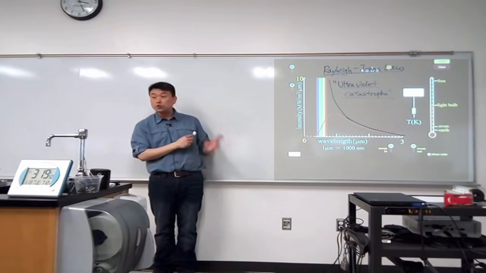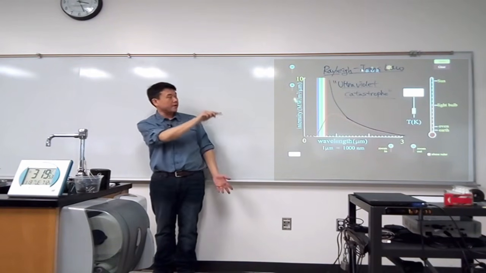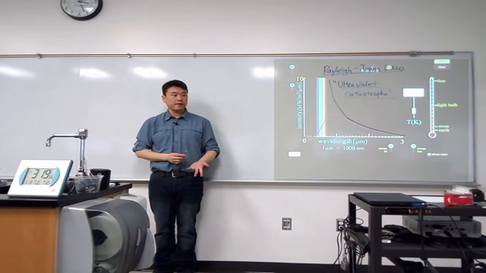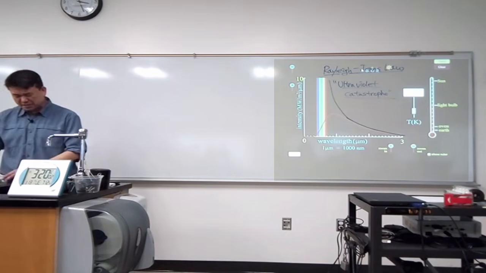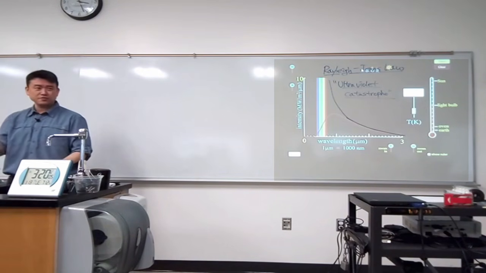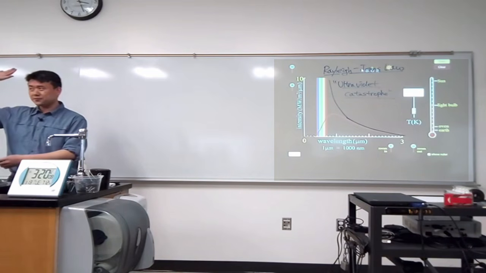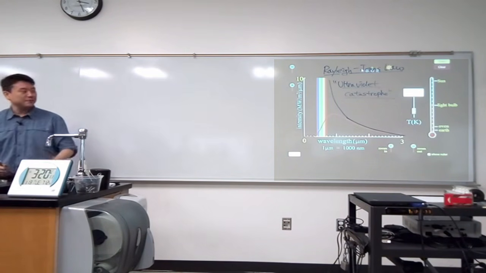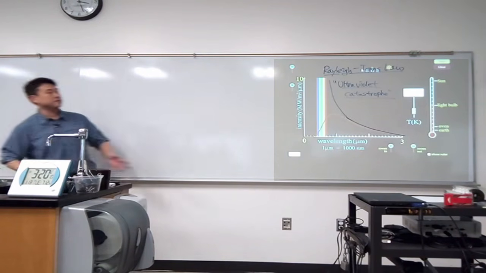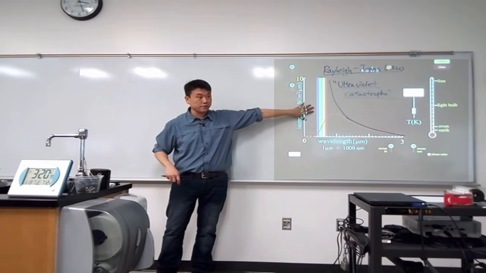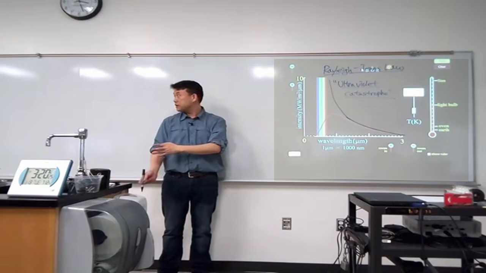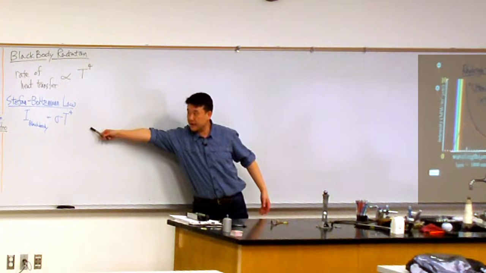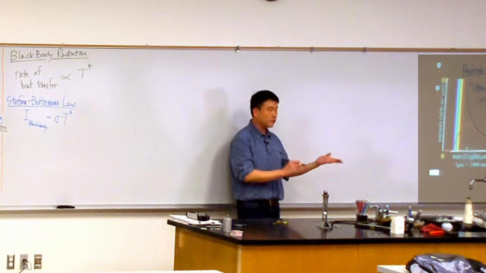So the solution to this problem, this ultraviolet catastrophe, was proposed by a German physicist named Max Planck. There's a bunch of institutions called Max Planck Institute. How many here from Germany? Never mind. Max Planck is the guy who suggested a solution to this ultraviolet catastrophe. And I want to present his solution and re-derive some of these things that I think we can do from that solution.